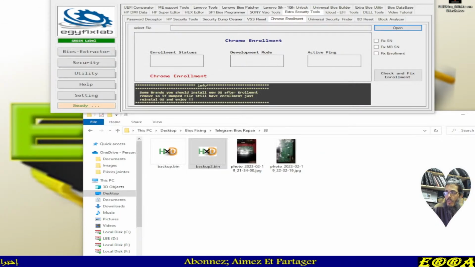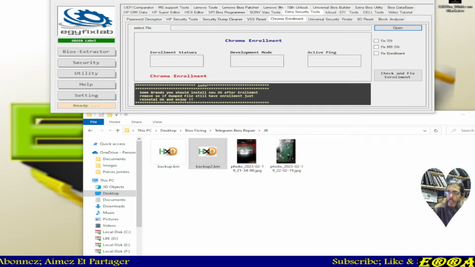I will choose it on the other screen, so I don't wish things that I don't want to be shown in the live to be shown. So that's why I keep moving the windows on the other screen. So now I'm trying to choose the file for our tool.